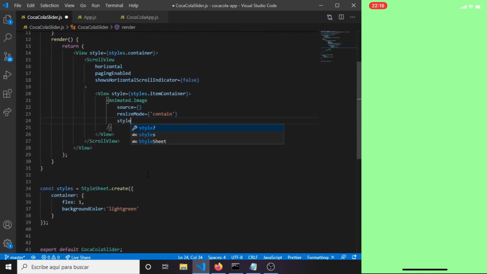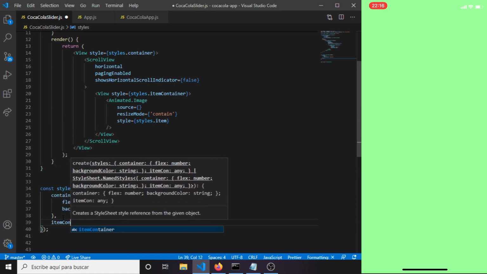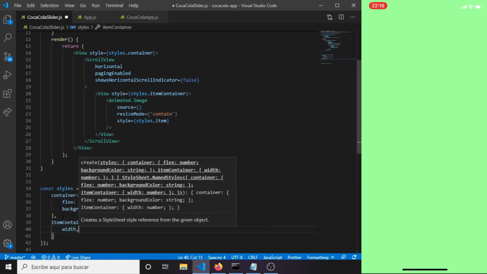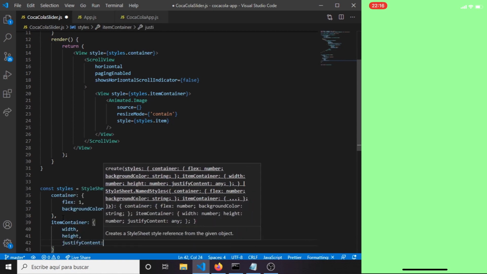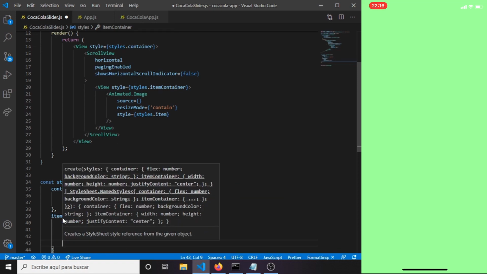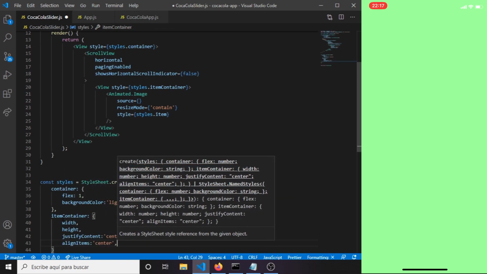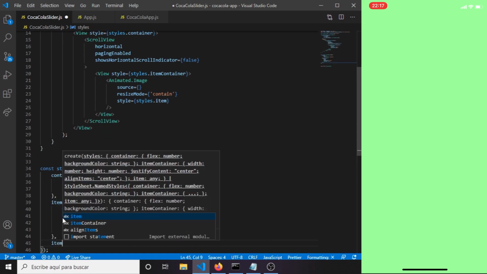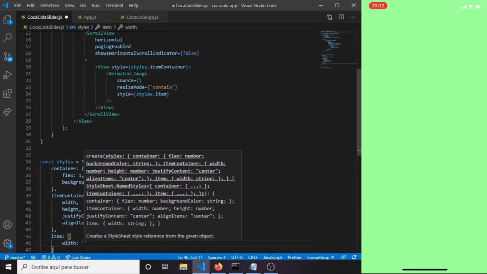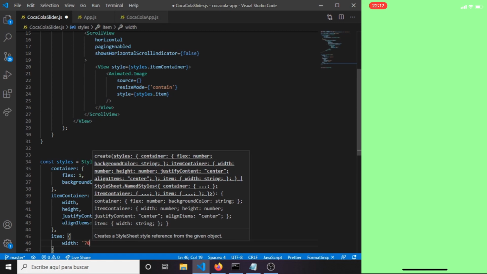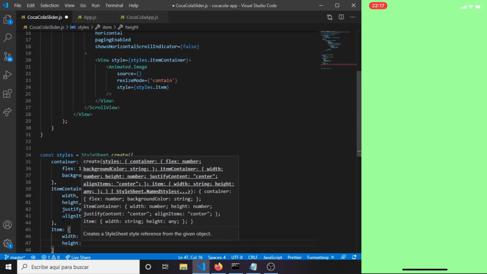And we're gonna add a style to this. It's gonna be called item. We're gonna create the styles. Item container first. The width and the height is going to be the same width and height of the screen, and we're gonna center the child components. The item style, we're just gonna set a width and height in percentage. You can set it to whatever you like more. You can play with it. I'm just gonna pass these values,